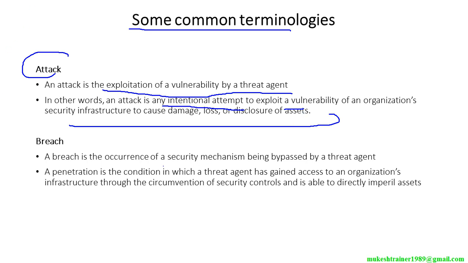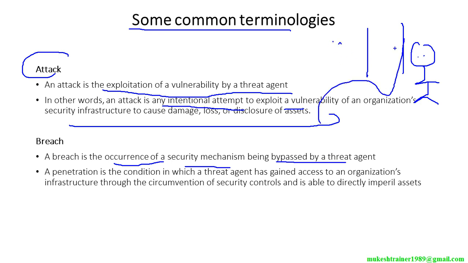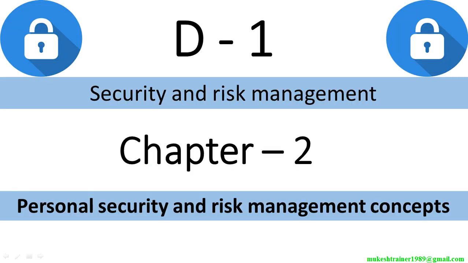A breach is the occurrence of a security mechanism being bypassed, so bypassing some security. For example, in physical security, the security guard frisks whoever comes, or uses a metal detector, but somehow the power is not there and he quickly enters, or the guard is not at his position, which is bypassing him. Or it could be anything in the system, bypassing a firewall or bypassing a security device. So guys, that is all about chapter 1, which ended